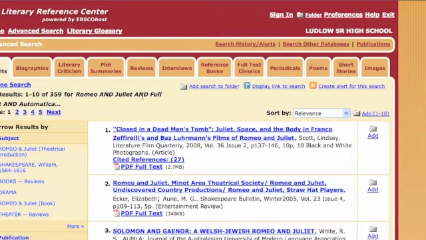So for our search on Romeo and Juliet, we have 359 articles. That's kind of a lot. I'd like to narrow it down a little bit. So let's click on Refine Search